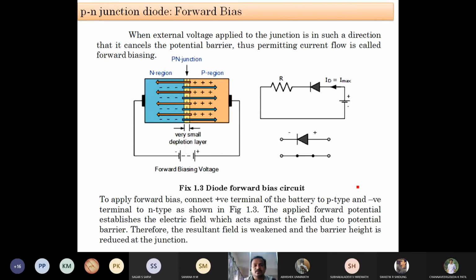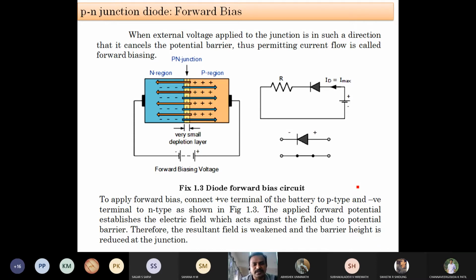Next, we have constructed what a PN junction is. Once I connect P-type and N-type, there is a barrier between these two, and we call that a depletion layer. To use that component, we connect external terminals. Those external terminals are the P-type terminal and N-type terminal, or you may say plus and minus, or anode and cathode, different names.